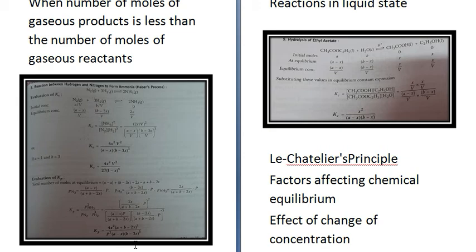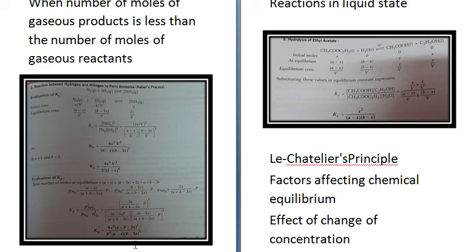Now in this case, if you increase the concentration of N2 or H2, it will increase the value of a or b, and to maintain a constant Kc, formation of NH3 will be favored. On changing the pressure, Kc is directly proportional to the square of the volume of the vessel. So by increasing pressure, volume decreases as well as Kc decreases. Again, to maintain the constant value of Kc, the x value should increase. Therefore, formation of ammonia will be favored by increase in pressure.